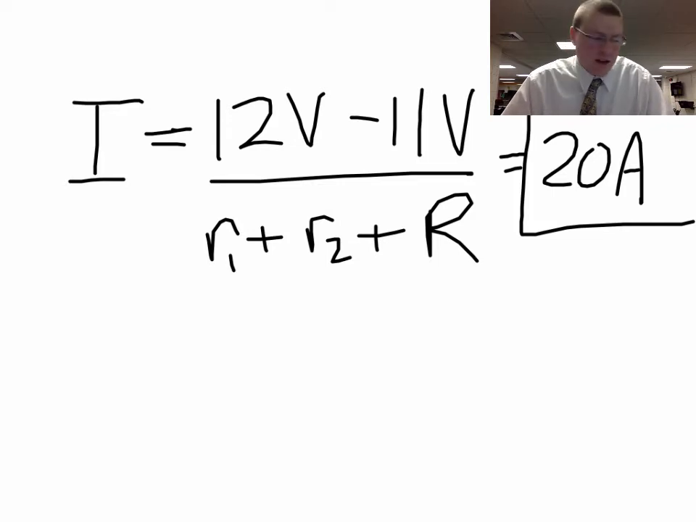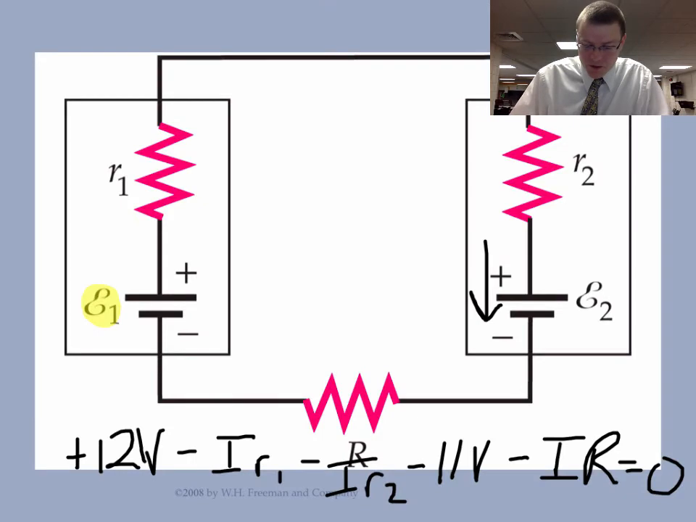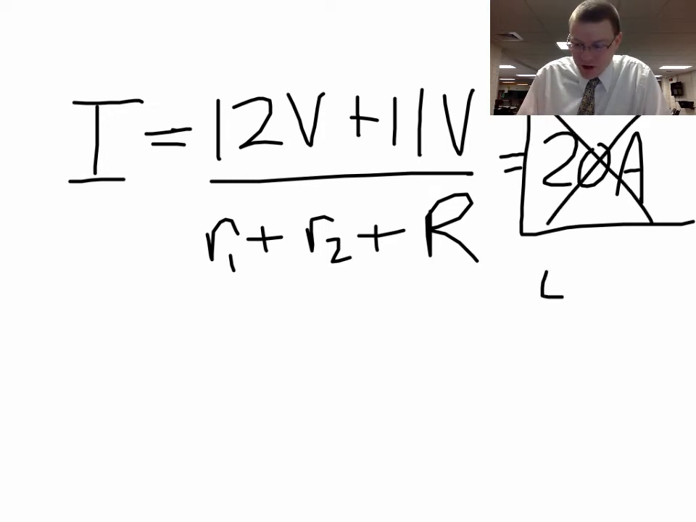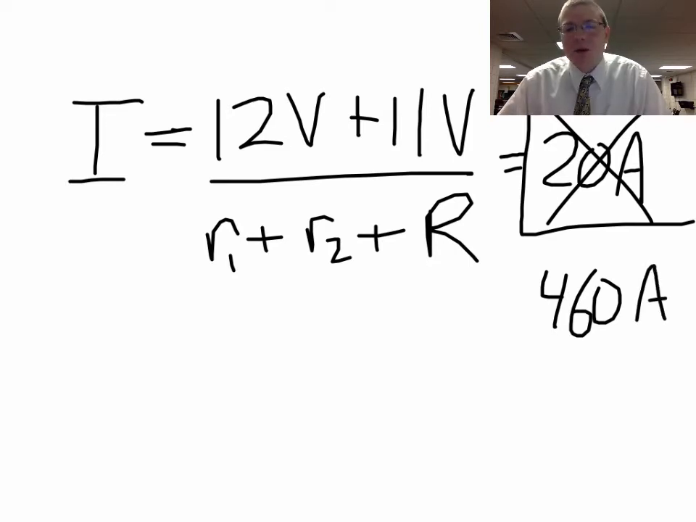Seems like a lot of current, but what would be different if I switched the battery? If this battery was actually positive at this terminal and negative at the other terminal. Well, the only difference would be instead of a loss in volts, I'd have a gain in volts. And if you would do that, rearranging your algebra would mean that you add the two voltages together and divide by the resistance. And if you would add those two, you wouldn't get the 20 amps to recharge, you'd actually get 460 amps. 460 amps would be frying your battery, so you don't want to hook that up the wrong